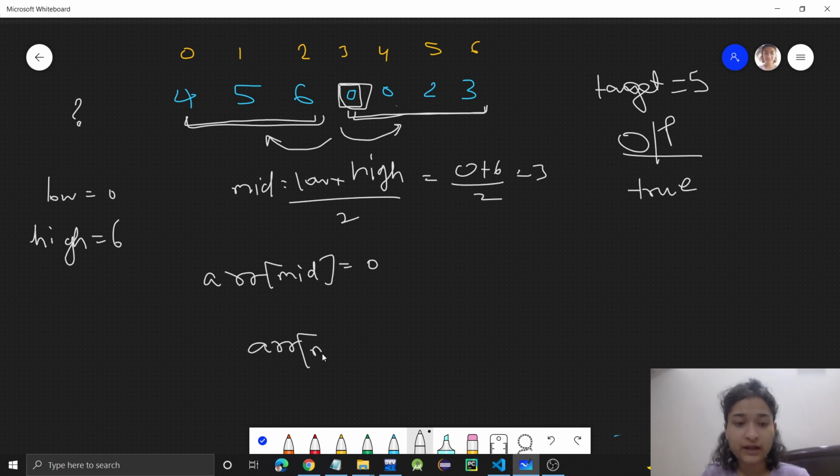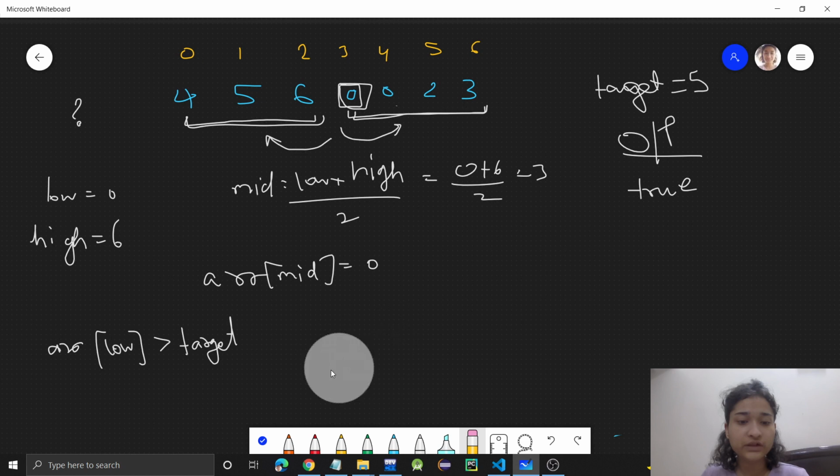We will check whether our target, 5, is greater than the low. So we check whether this target is greater than this low. 5 is greater than 4, right?